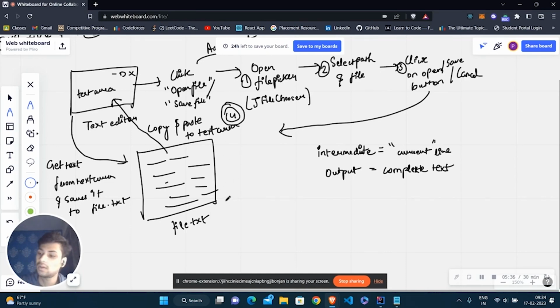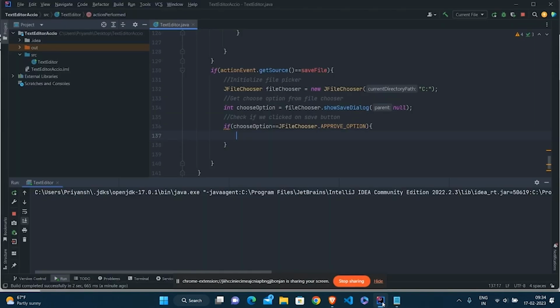In the last open file functionality, the file already existed, and we just read its contents and put them into the text area. But here we need to create a new file, and then save the text inside this file. So what we need to do?